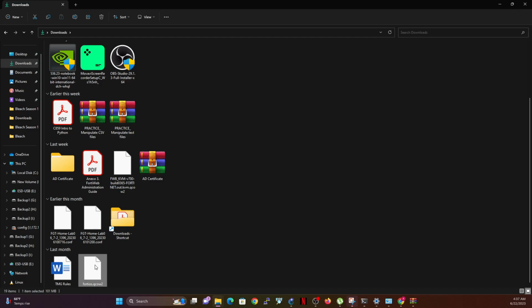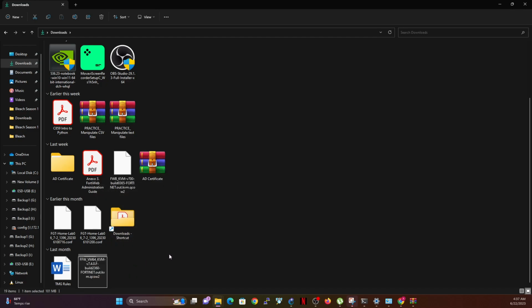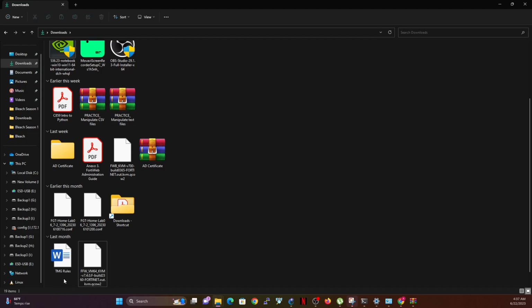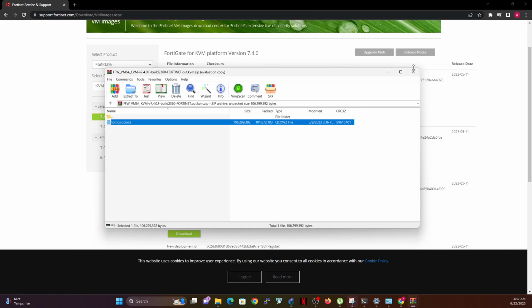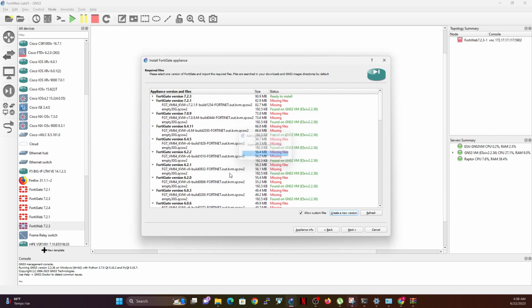There it is. So I'm going to just rename that file with the same name. Once you rename it, most of the time, it's basically going to find it locally. So I'm going to close this, go back, click OK, and leave that as the default disk.